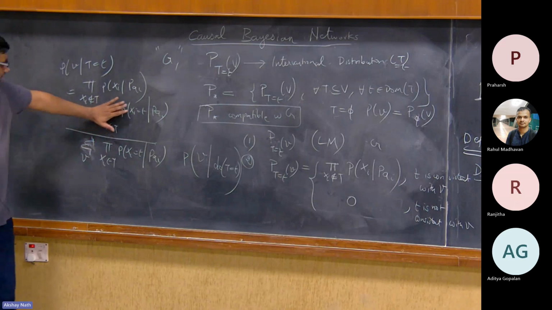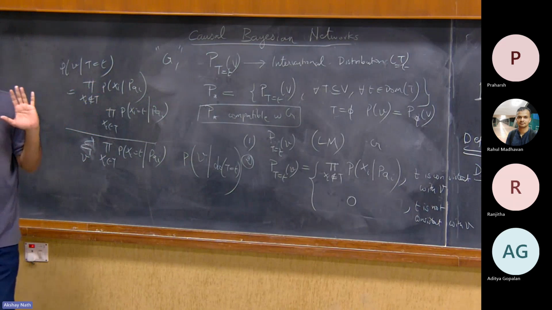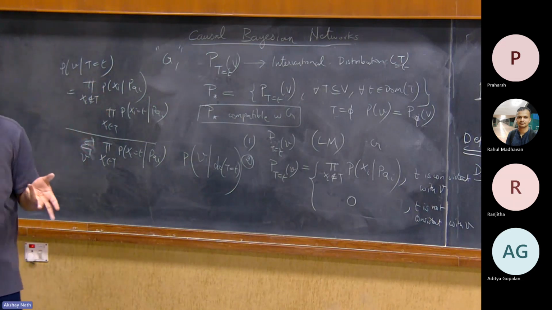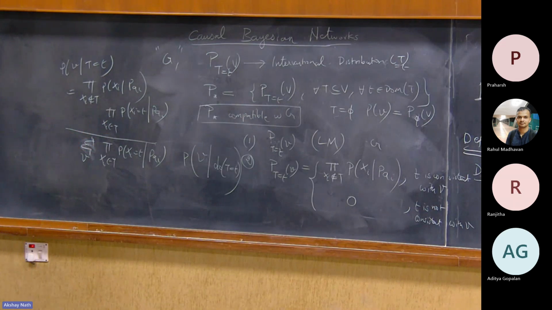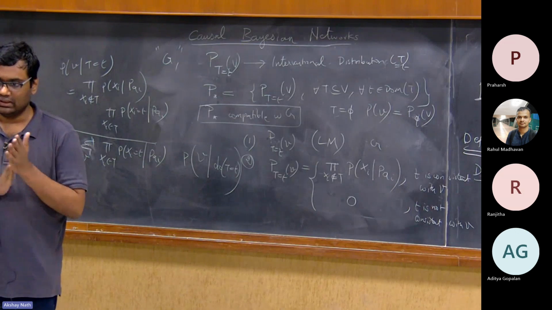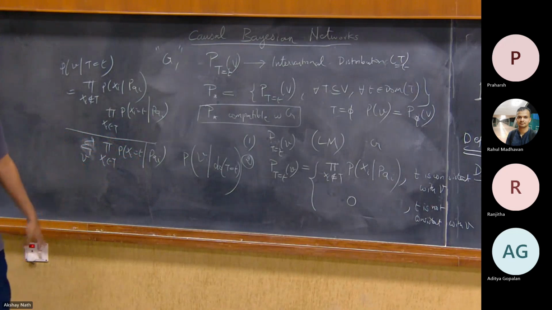I am just saying none of this exists. Just the things that are not disturbed remain. Everything else is gone. So now you see, the interventional distributions appear to be simpler than the conditional distributions. So it's a very powerful thing. You just knock off all the other modules. But here you don't do that. You do some very complicated normalization.